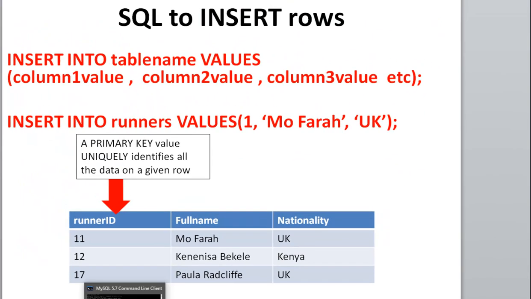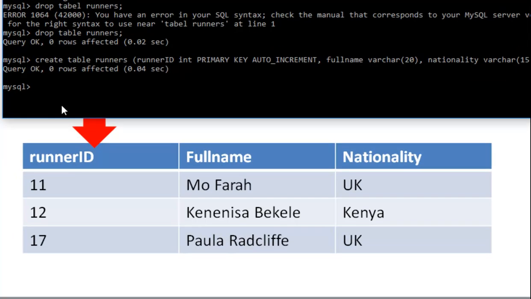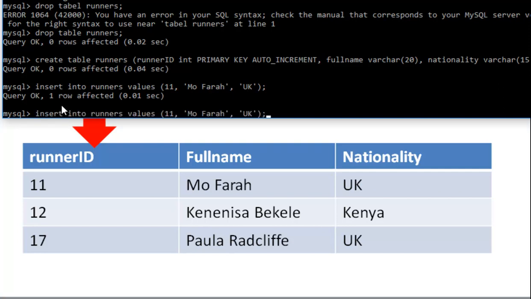So we're going to do the insert statements now. Insert into runners, that's the table name, values, open brackets. I'm going to do 11 is going to be Mo Farah, comma, UK, close brackets, semicolon, up arrow